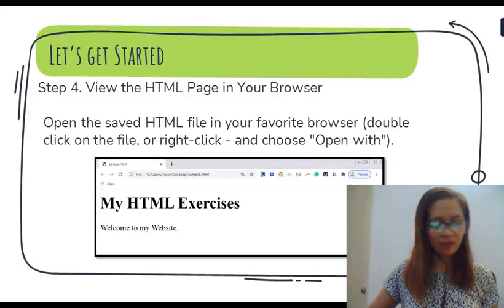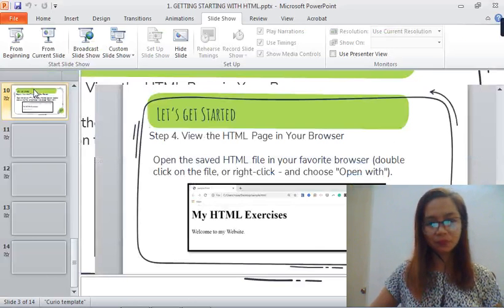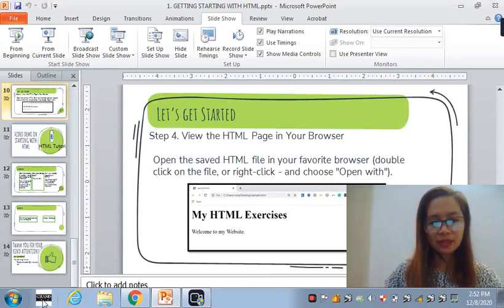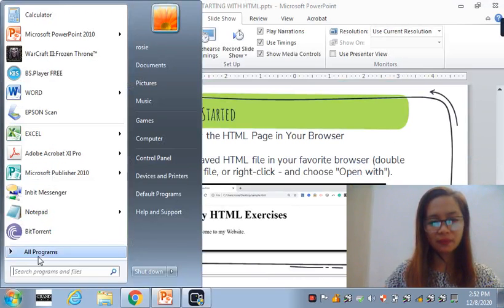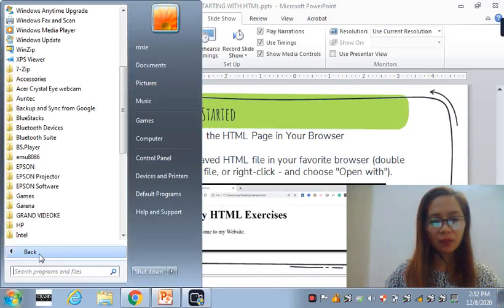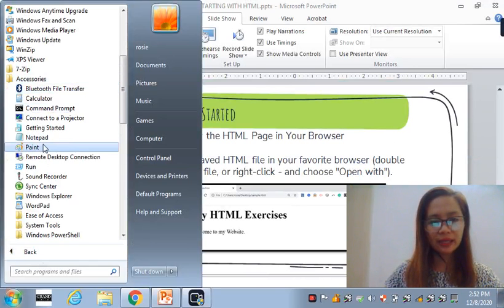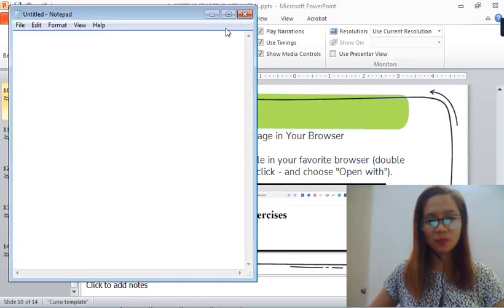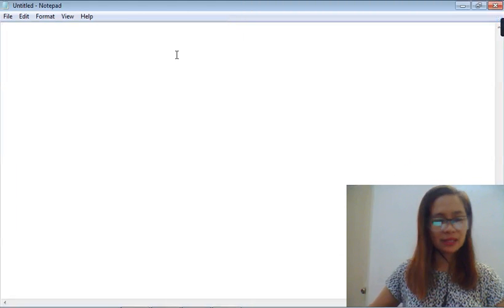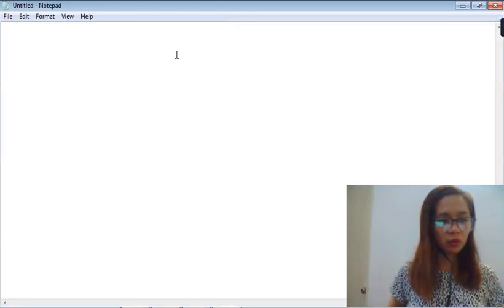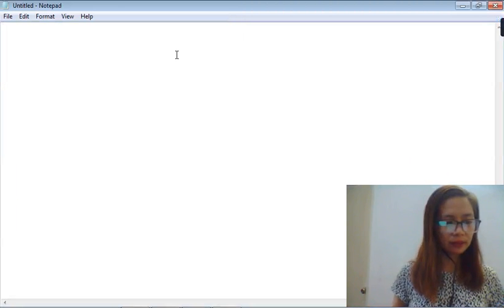Okay, so let's have the demo. Okay, so again, go to Start, click All Programs, click Accessories, and click Notepad. Okay, I'll just maximize it. We will now encode your HTML code.